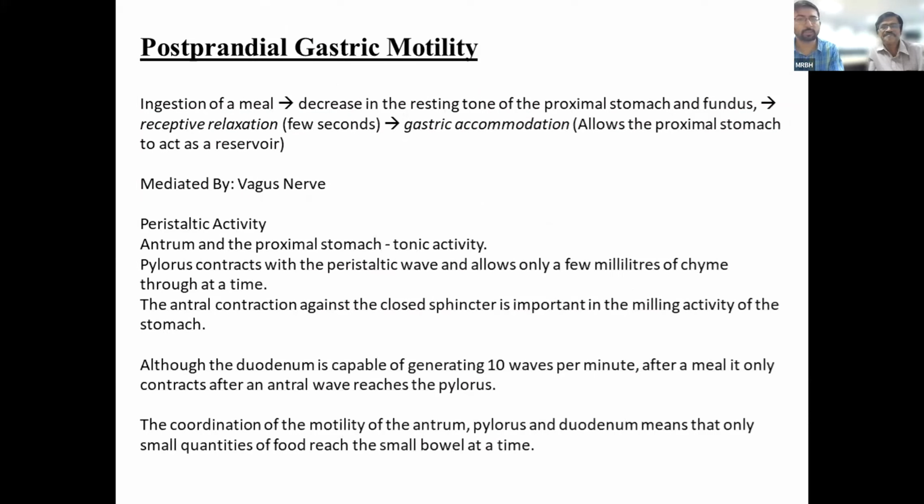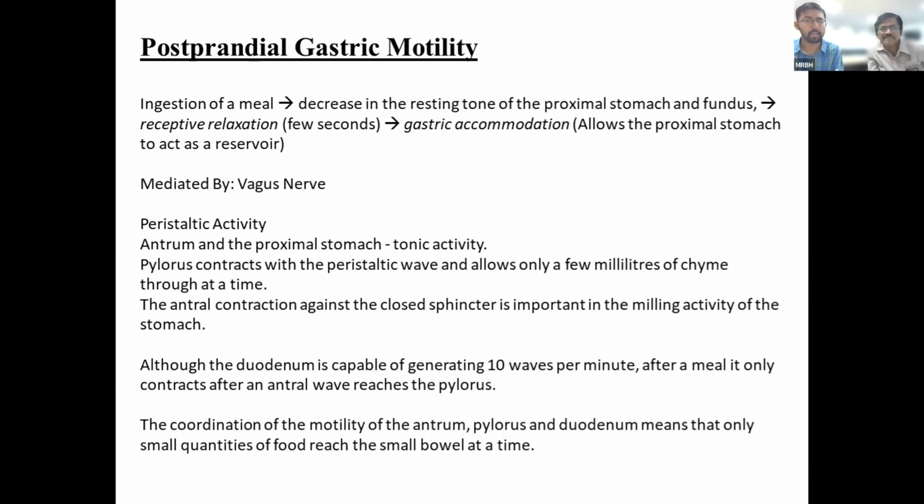After the ingestion of the meal, initially there is receptive relaxation, that is the decrease in the tone, and the proximal part of the stomach relaxes, followed by gastric accommodation that allows the proximal stomach to act as a reservoir. Postprandial gastric motility is mediated by the vagus nerve, and the peristaltic activity in the antrum and the proximal stomach is tonic activity. As I explained earlier during the mechanical breakdown, the pylorus, which is usually open, contracts, and the pyloric and the peristaltic waves move the food